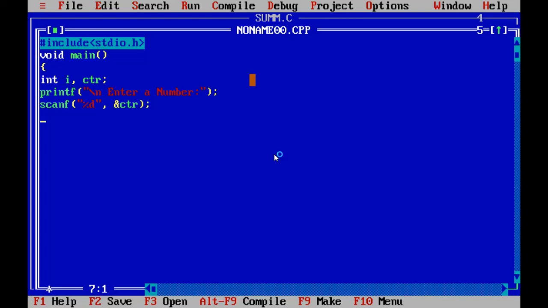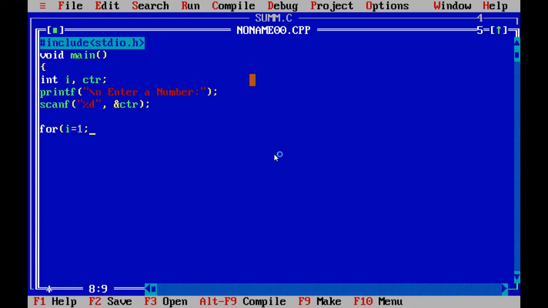After storing that number, we are writing the for loop. The for loop executes a block of statements repeatedly until the condition is false. The for loop syntax is: first, initialization. After initialization, we put a semicolon.